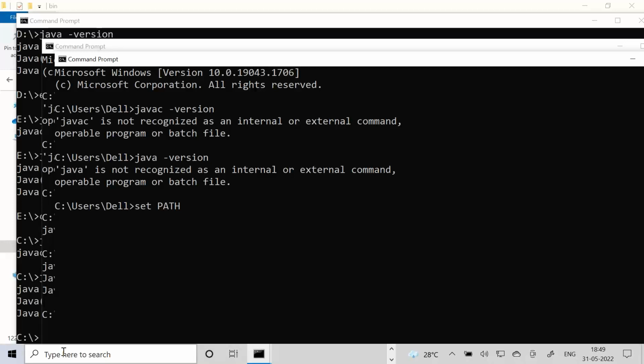Path, the name of the environment variable, is case insensitive. Lowercase path is the same as uppercase path. You can mention it in either case based on your convenience.